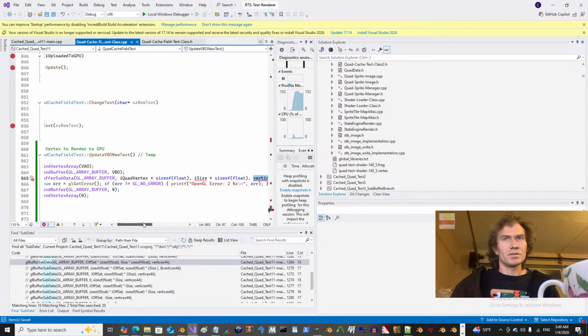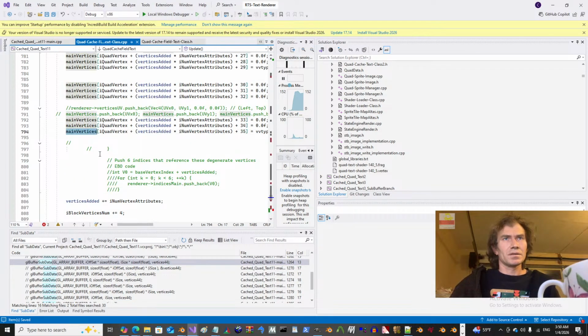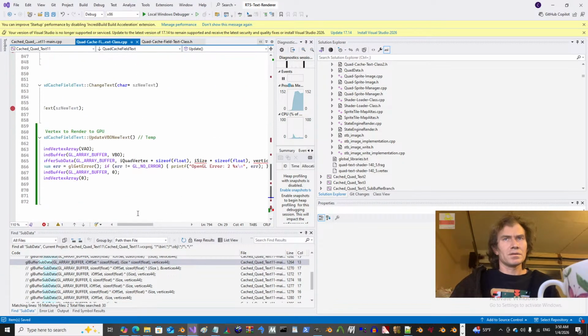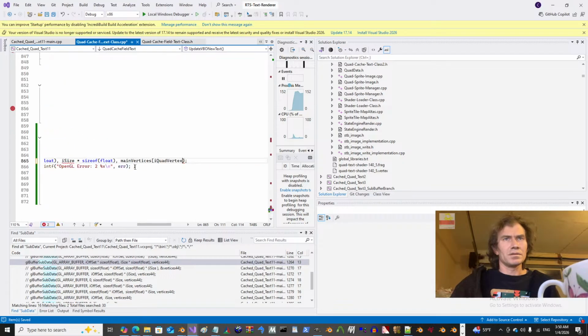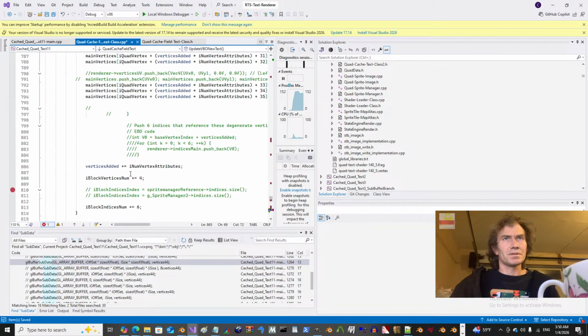The location is ampersand quad vertices, quad vertex. I'll do that. The size is